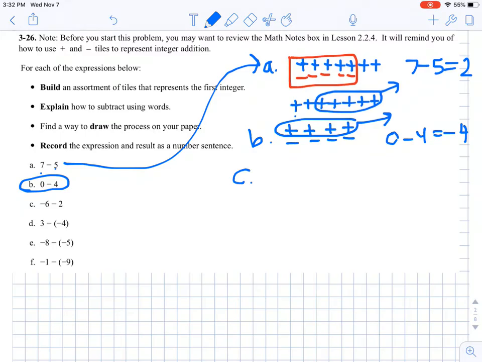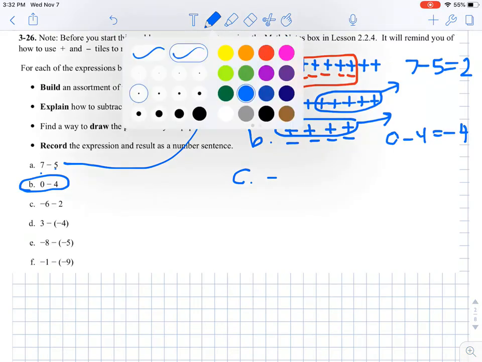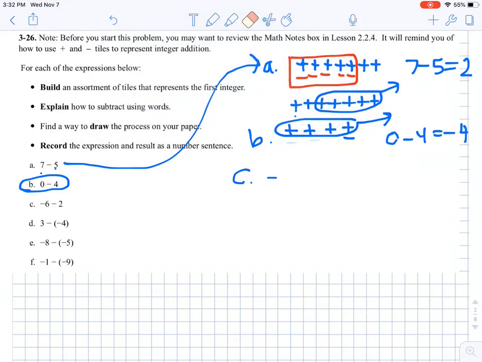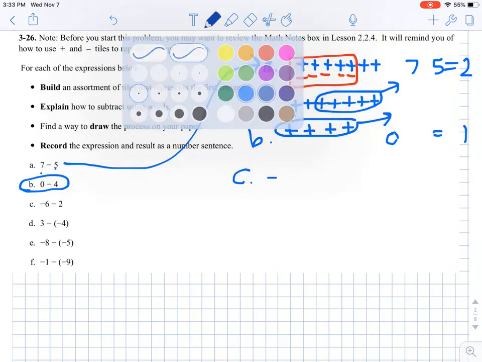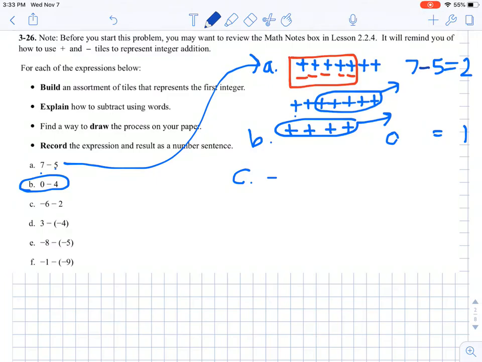C, if I have negatives, I should be doing my negatives in red, sorry, don't want to mess yet. Well, I don't know how to do that. Well, for this I'll just write, but for here,